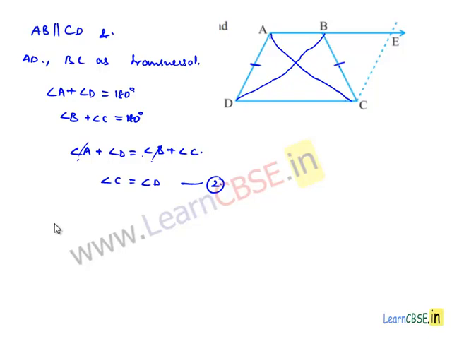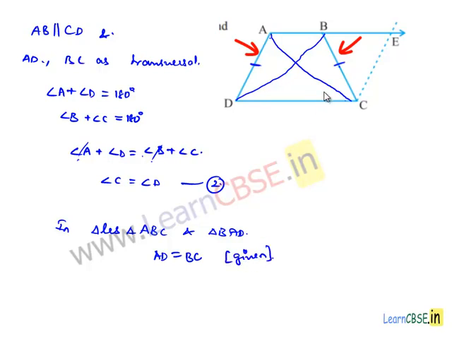Now, as he asked us to prove the congruency of two triangles, let us consider both the triangles, that is triangle ABC and triangle BAD. In these two triangles, AD is equal to BC, since he has given that ABCD is a trapezium in which AD is equal to BC, and we can say